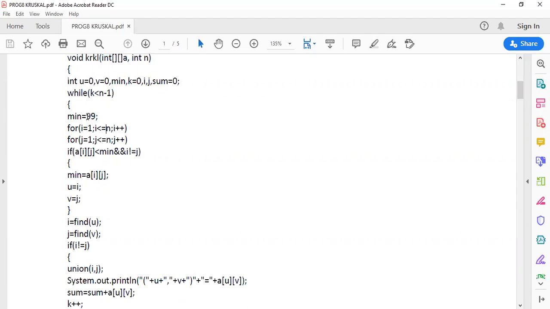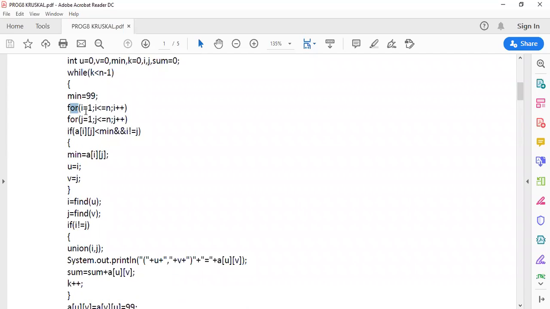First time the cost is taken as 99, or you can take it as 999 also. And now these two for loops go to each and every edge. It selects each and every edge, and the edge with minimum cost is being added to the minimum spanning tree.